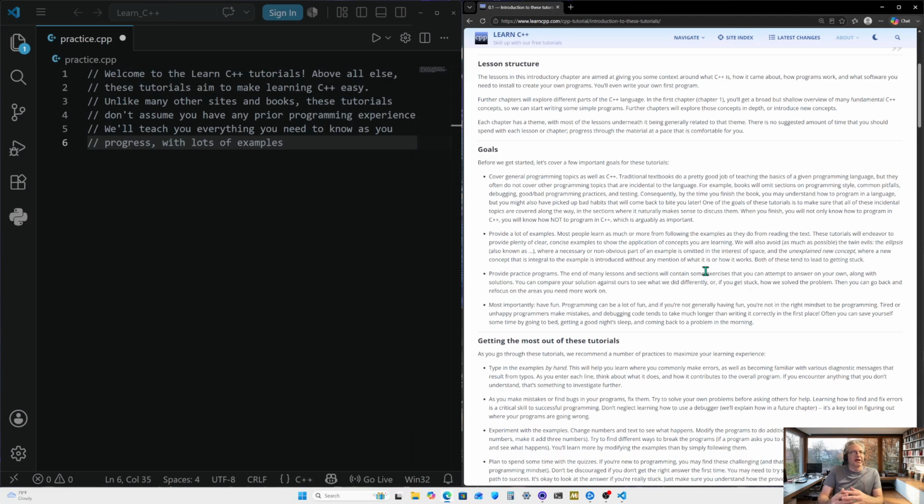Each chapter has a theme, with most of the lessons underneath it being generally related to the theme. There is no suggested amount of time that you should spend with each lesson or chapter. Progress through the material at a pace that is comfortable for you.